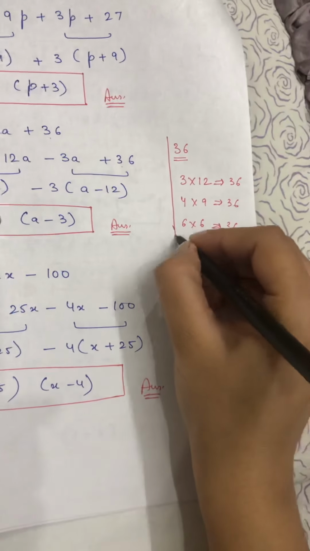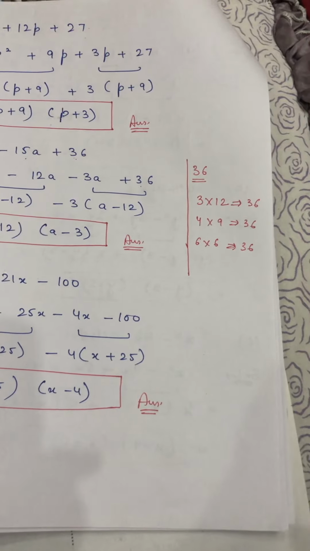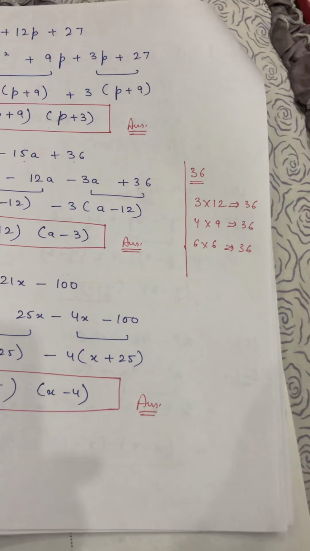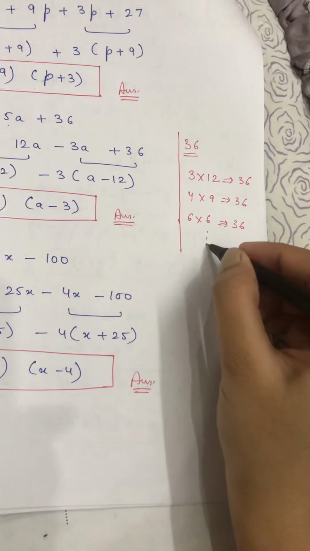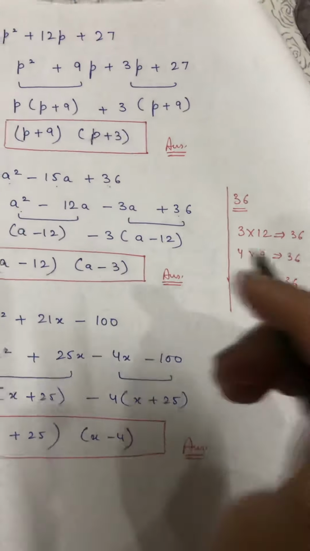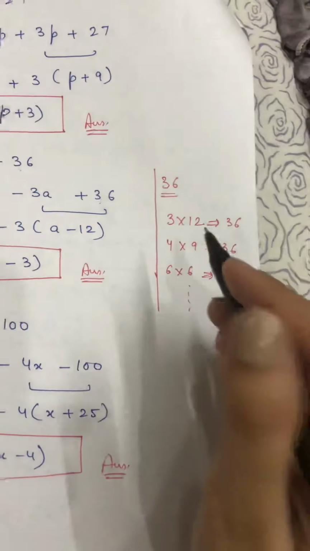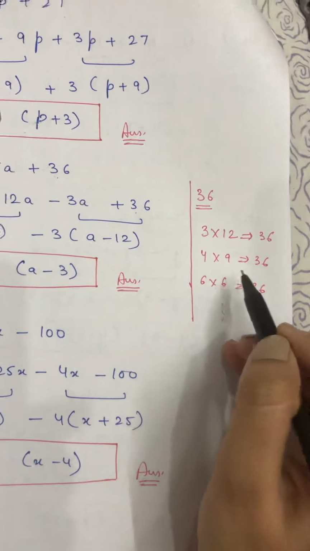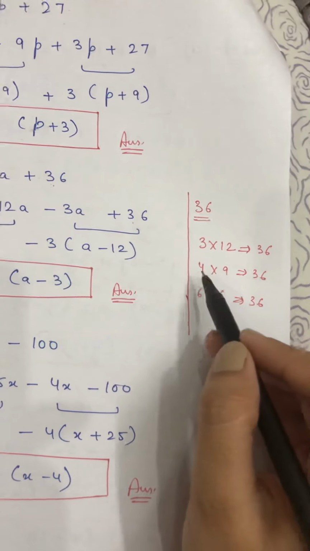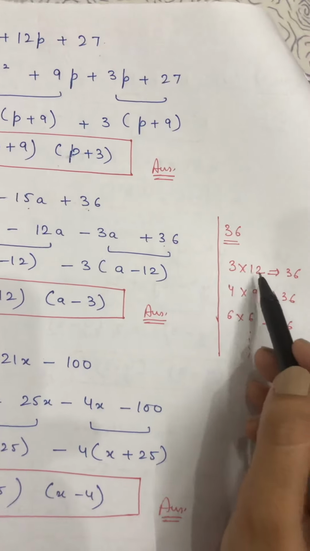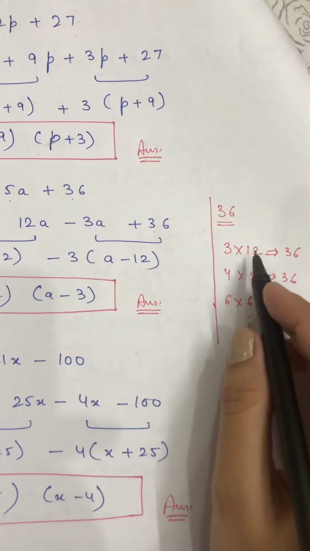Now you can think about how many factors there will be. You can see that 9 4s are done. There can be more factors also. But which factor will satisfy the middle term? The middle term is minus 15. So 6 and 6 will be 12, and 6 minus 6 will be 0. 4 plus 9 is 13 and 9 minus 4 is 5. 12 plus 3 is 15. 12 minus 3 will be equal to 9. So I want 12 plus 3.